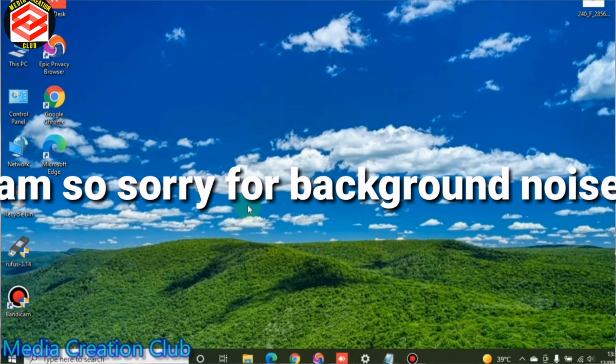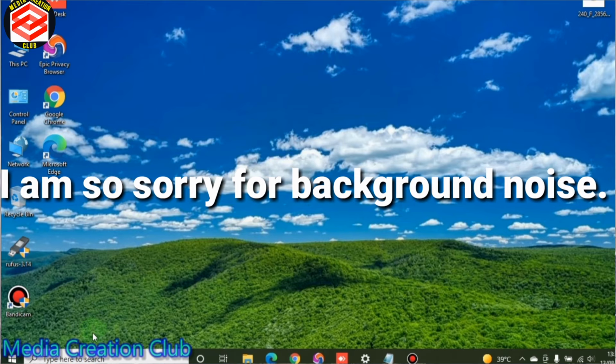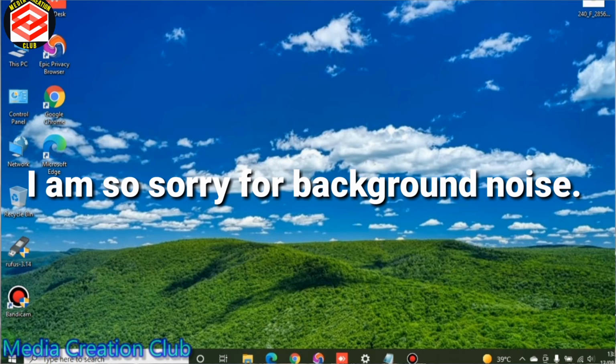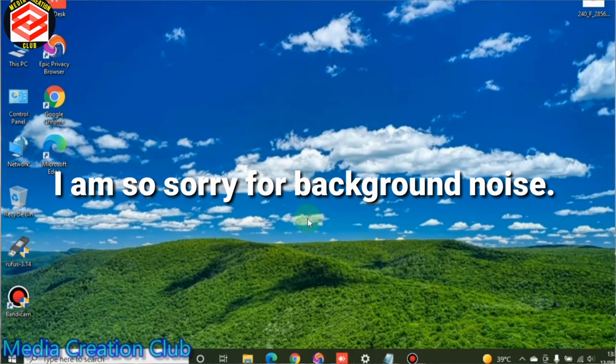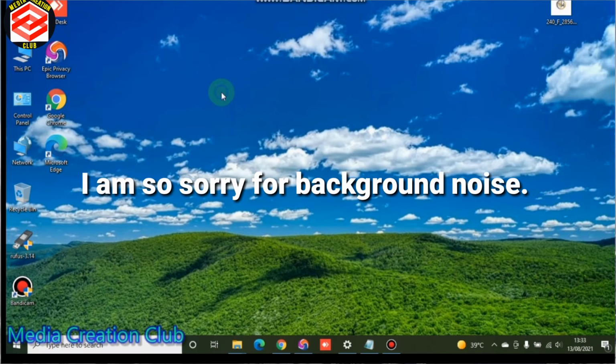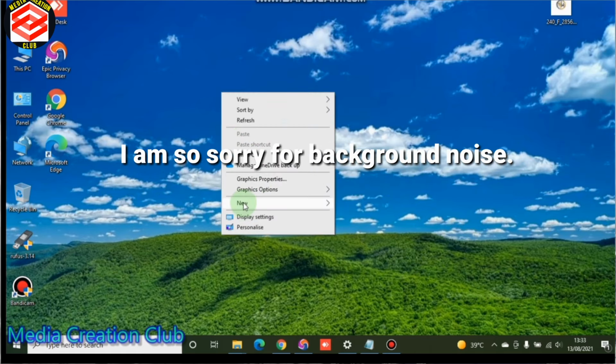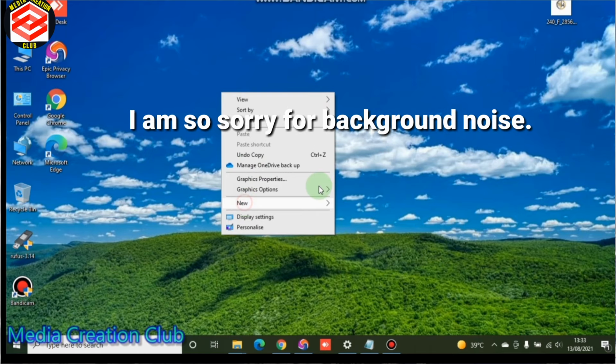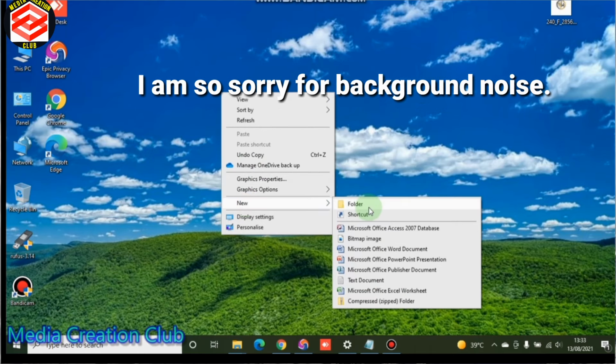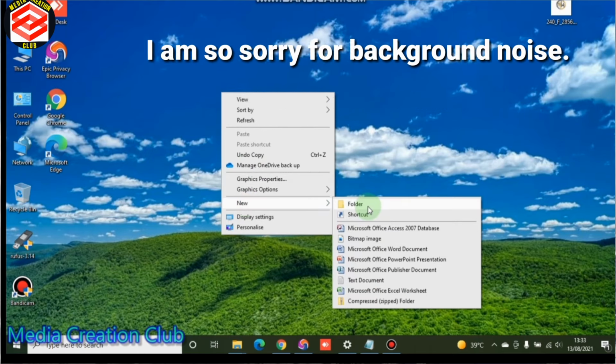I am here with you with a very important topic today: how to delete undeletable files and folders in Windows 7, 8 or 10. Now we put the text: very easy process. Okay, actually it's maybe not easy, but there are 3 or 4 types of processes you can try, and sometimes none of the processes work as well. And some processes are very complicated.